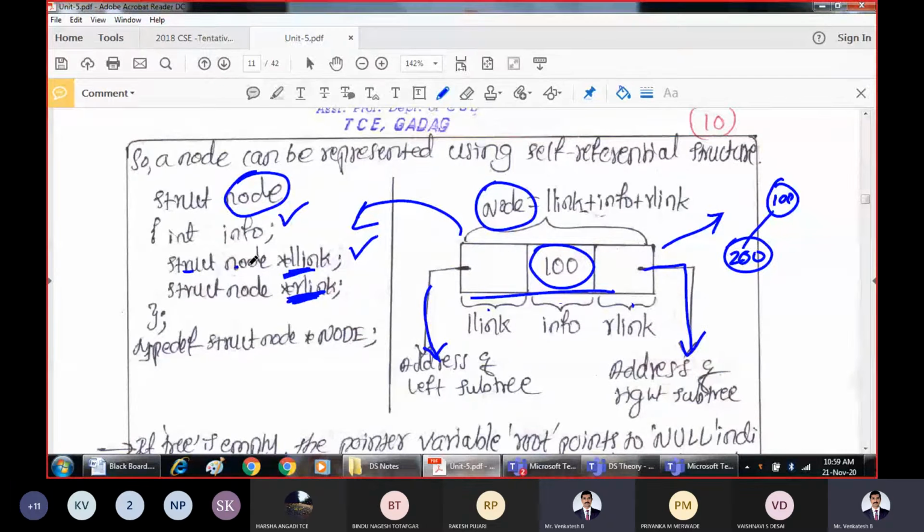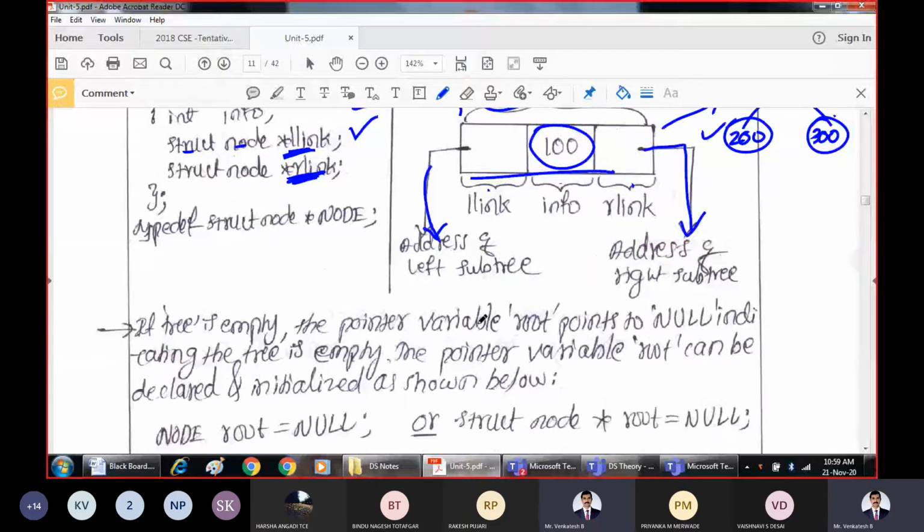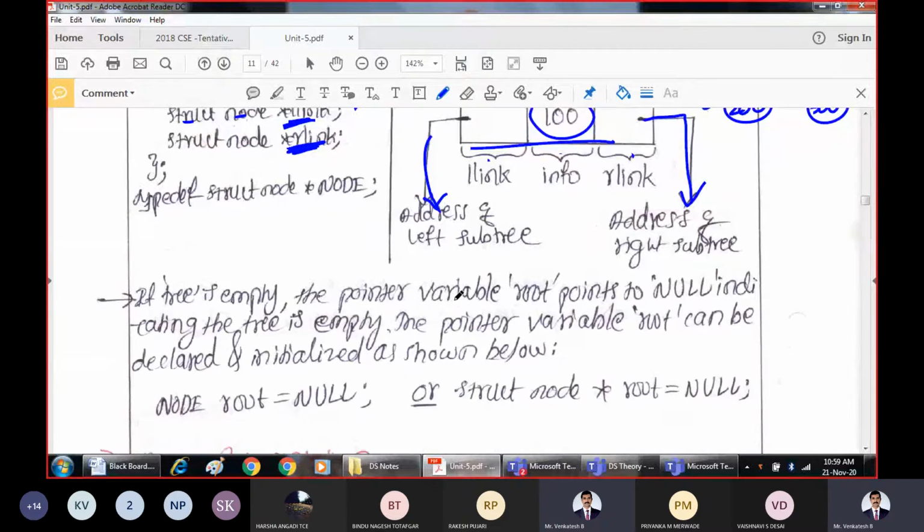Similarly, there is 300. The left link of 100 is pointing to 200, and the right link of 100 is pointing to 300. That's how the notation works in the linked representation.